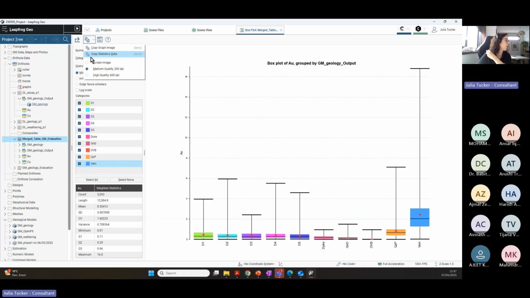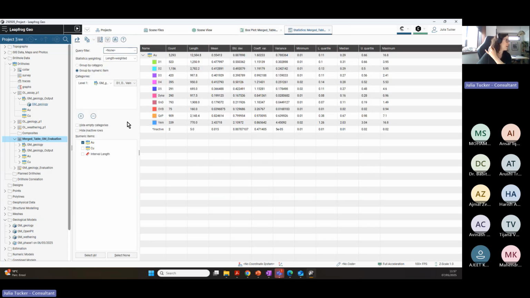So if you want just to copy the statistics data, this is a place that you can do that. The statistics data are going to be this little box right here. And if you want to go for your table of statistics, you can just click on here. So right here, we have our statistics table, and we can take a look here on what we have on